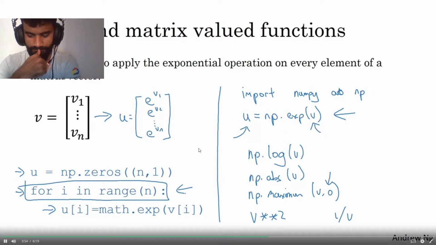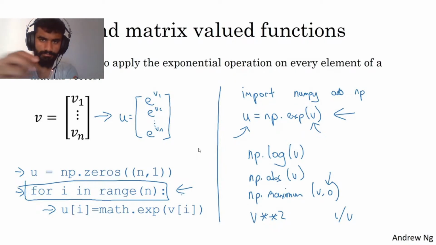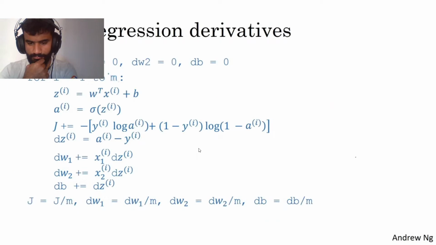So let's take all of these learnings and apply them to our logistic regression gradient descent implementation and see if we can at least get rid of one of the two for loops we had. So here's our code for computing the derivatives for logistic regression. And we had two for loops. One was this one up here, and the second one